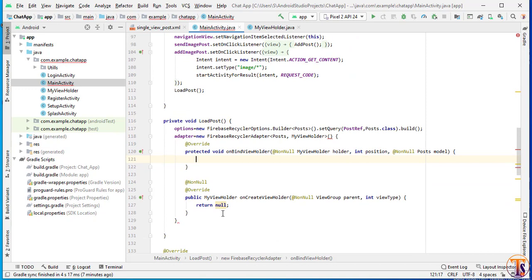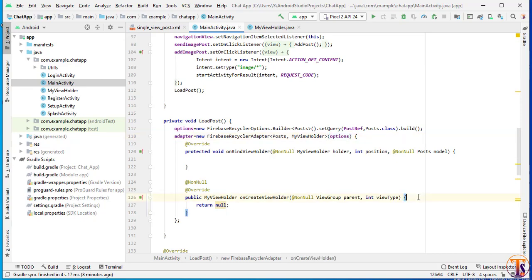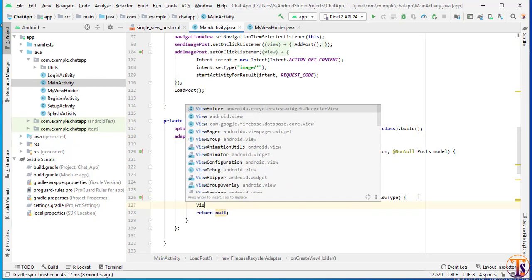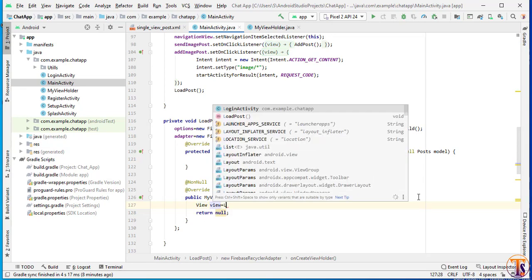Okay, now first put a semicolon at the end, and also we need to pass here the option that we have created here. Now we need to initialize our single view layout inside our on create view holder. So here is our single view layout, so we will initialize it. So first we will need to create the view equal to layout inflater